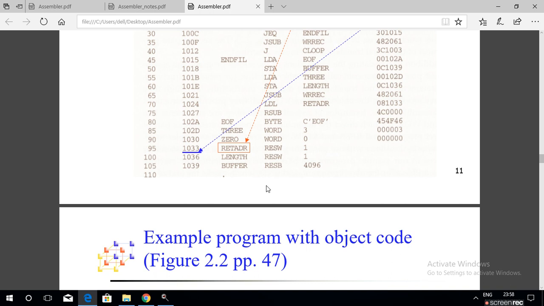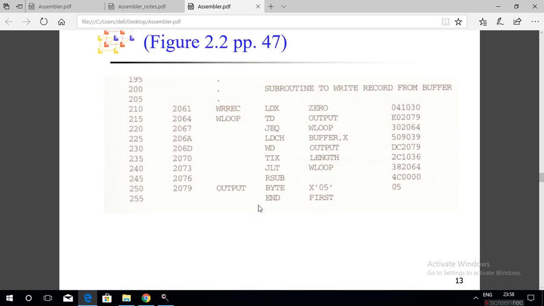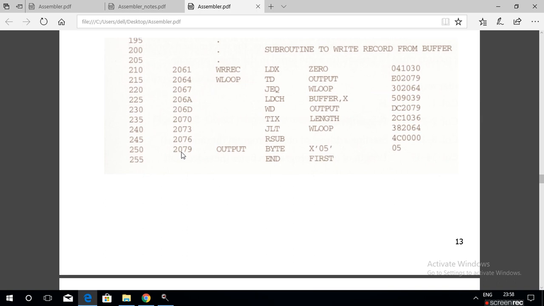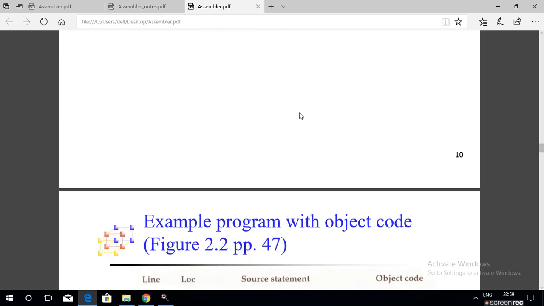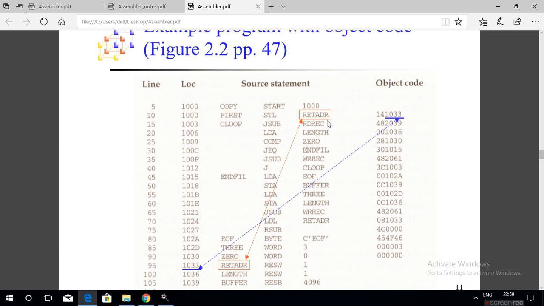The program length is the location counter value when the end of the program is reached. 2079 is the location counter value at the end.